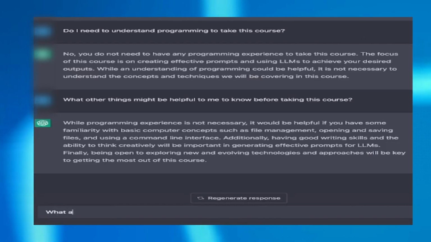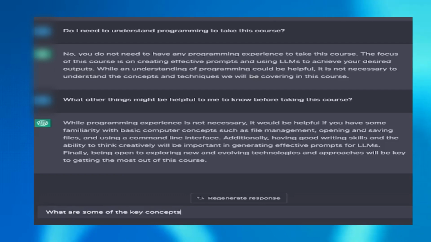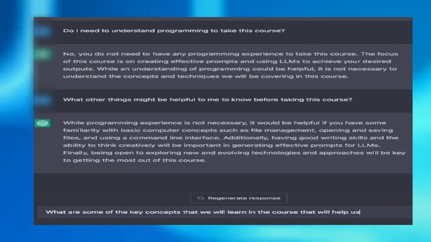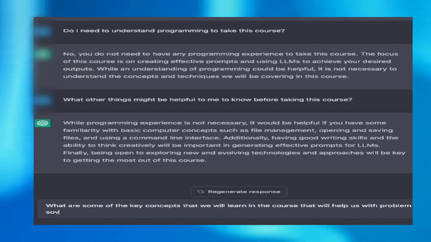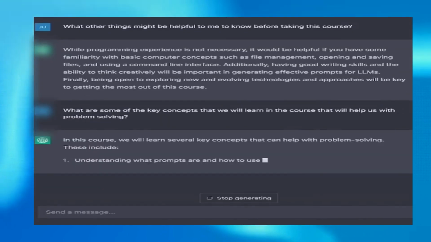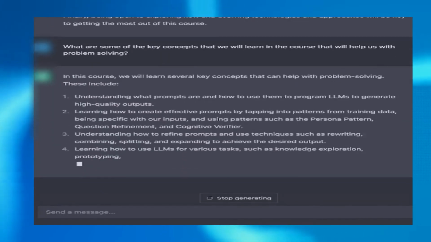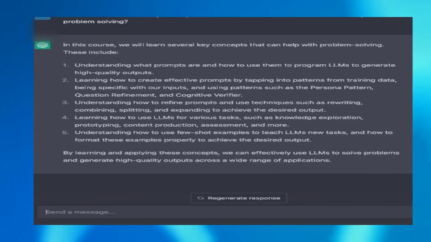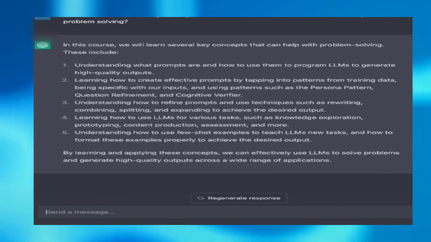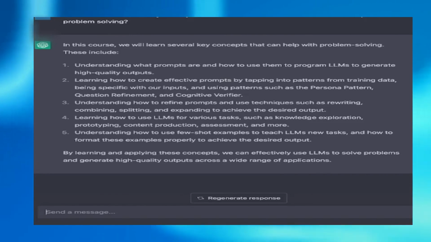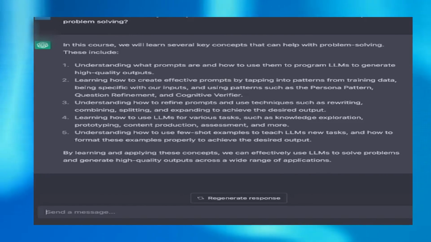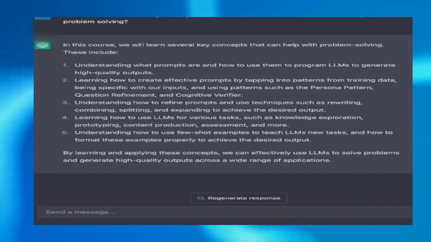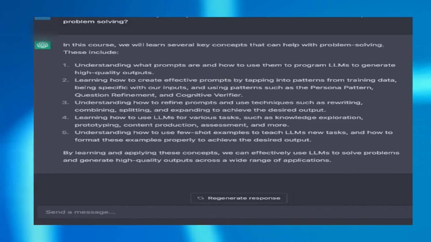So, what are some of the key concepts that we will learn in the course that will help us with problem solving? In this course, we will learn several concepts that can help with problem solving: understanding what prompts are and how to use them to program large language models to generate high-quality outputs, learning how to create effective prompts by tapping into patterns from training data, being specific with our inputs and using patterns such as the persona pattern, question refinement, and cognitive verifier, understanding how to refine prompts and use techniques such as rewriting, combining, splitting, expanding